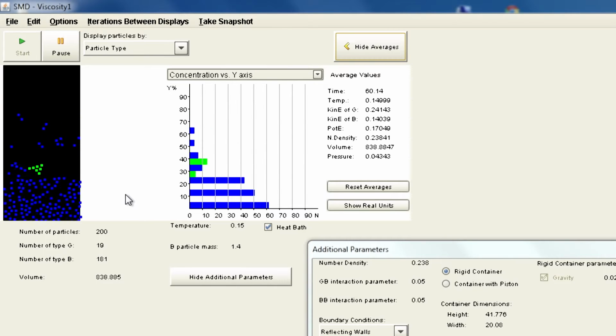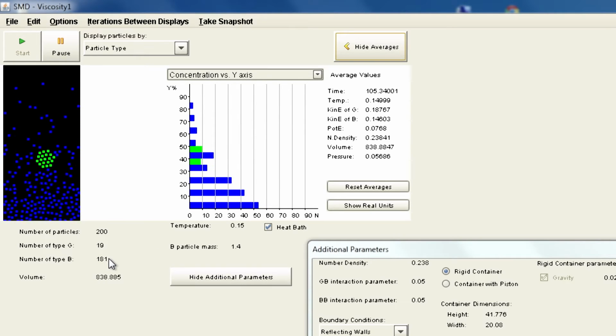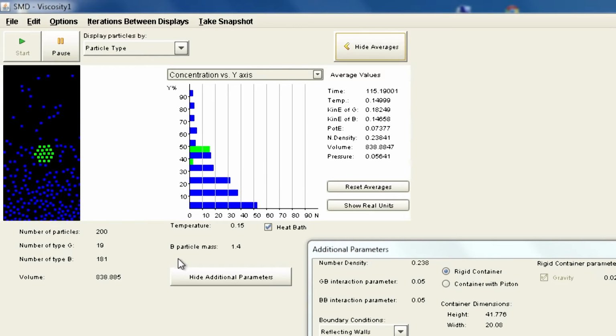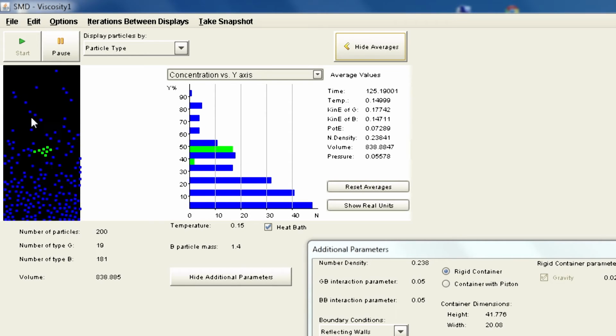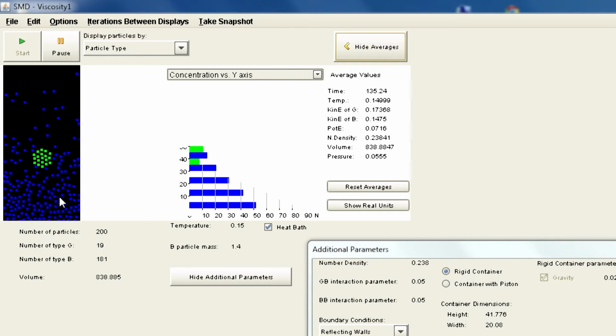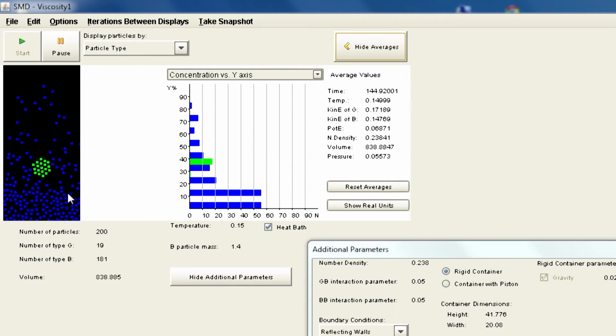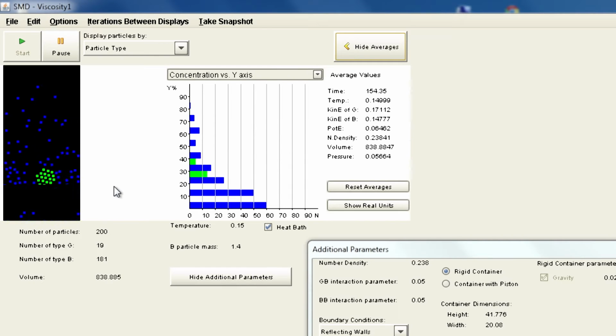However, what you are also observing is the gas particles, because we changed their mass. This is particle B. We changed the mass of particle B, which was the liquid side of it. Because of the now greater mass, it has come down, and now you can see the diffusion becomes very